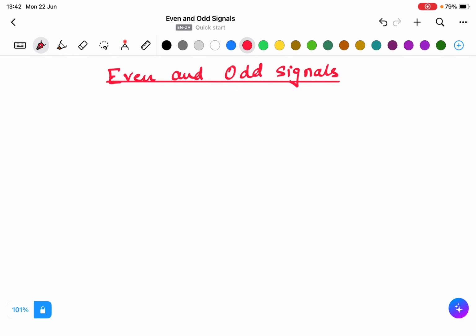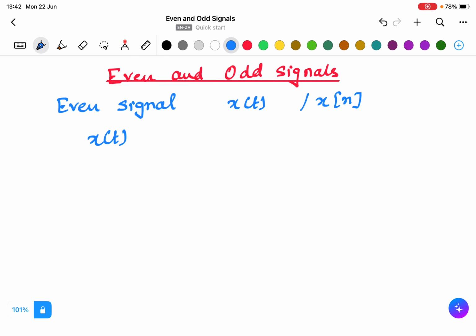In this lecture, we are going to learn about even and odd signals. Any signal represented in continuous time domain is either an even signal or an odd signal. If a signal is x of t in continuous time domain or x of n in discrete time domain, and if the signal is even, it must satisfy this condition: